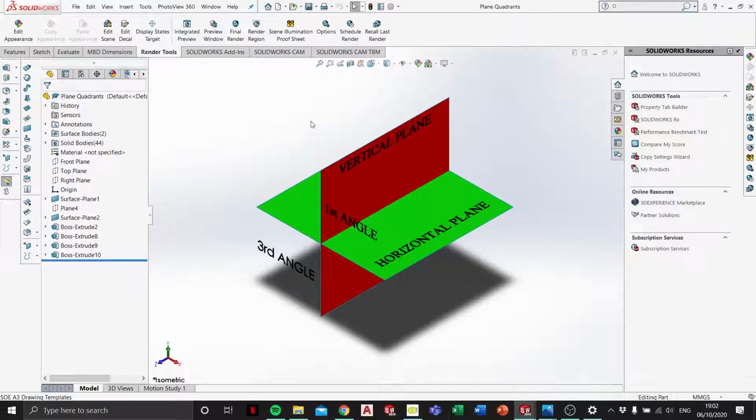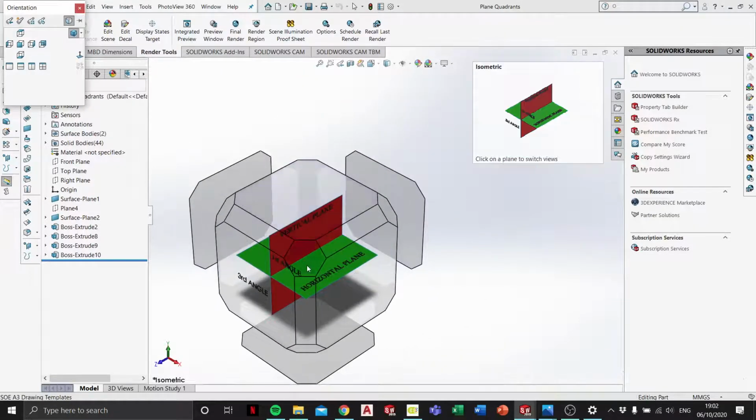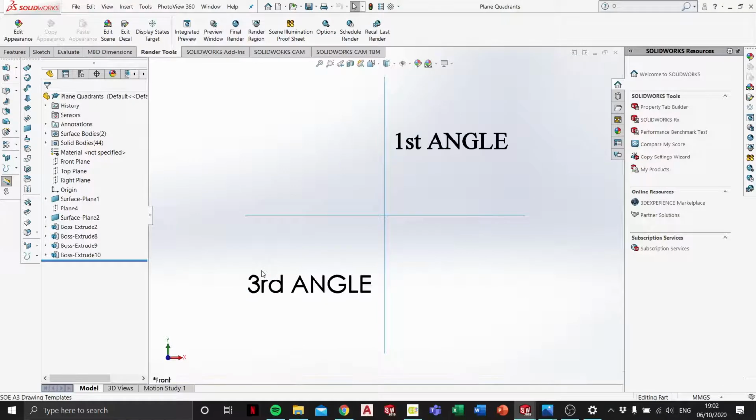Talk a bit about first angle and third angle projection. What I made up here in SolidWorks is basically just a plane, a vertical plane and a horizontal plane. If I was to have that in a 3D or an isometric view, and I want to turn this into a front view or an elevation, this is basically all I see, just two lines. I've got my vertical plane just straight down, and my horizontal plane just straight across,